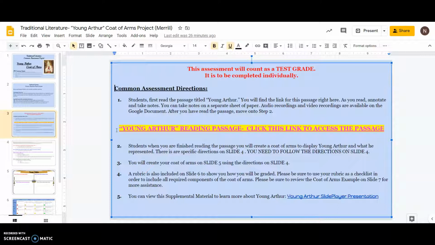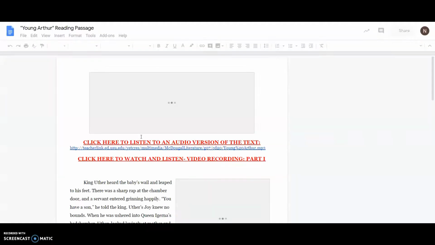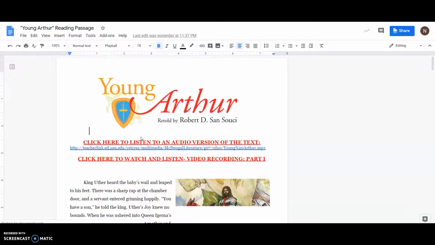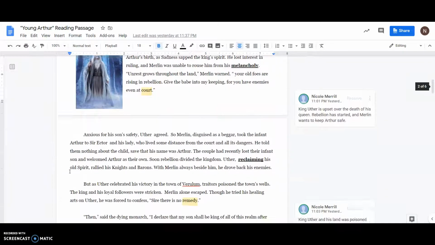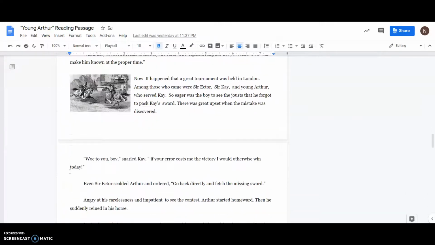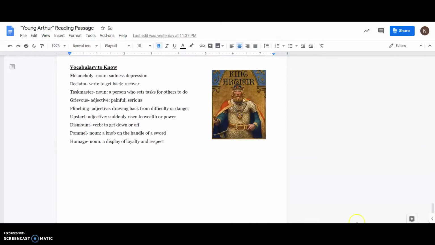Okay, so I literally have the link right in front of you in yellow. It's highlighted in yellow. So if you click on this, you'll see that a document will pop up. You can click on it. This is a view-only document for you guys. It's not something you need to edit. It's just something that you need to read, okay? So you can choose to read on your own and take notes. Notice that I do have some comments there, okay? So you can read and take notes on a separate sheet of paper, okay?